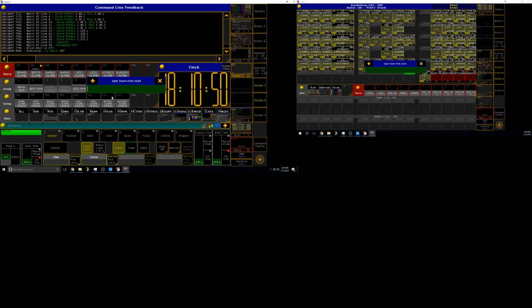Then it's the same with the spot fixtures. I can't actually remember how many there are here now. 8, 16, 24, so 12, 3, ooh, that was a mistake. 3136, and it's ending at